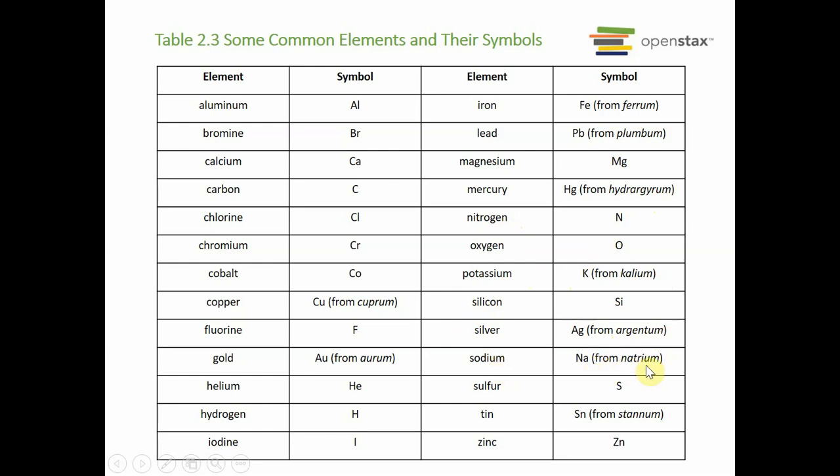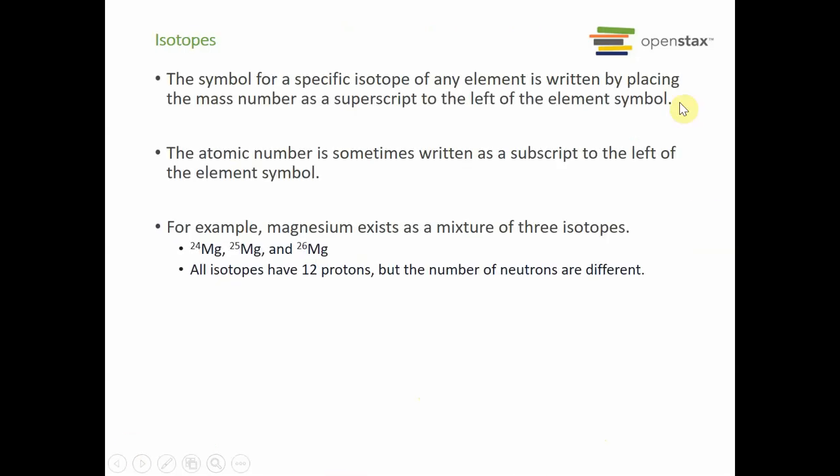Sodium from natrium. Sulfur, tin from stannum. They call it stannus in stano in Spanish. And zinc. The symbol for a specific isotope of any element is written by placing the mass number as a